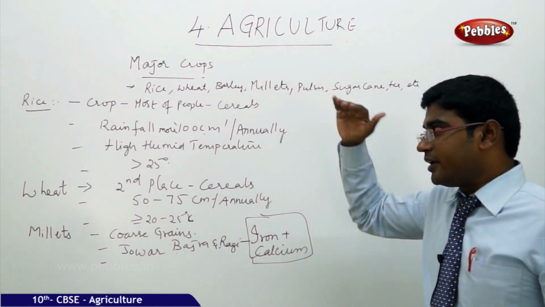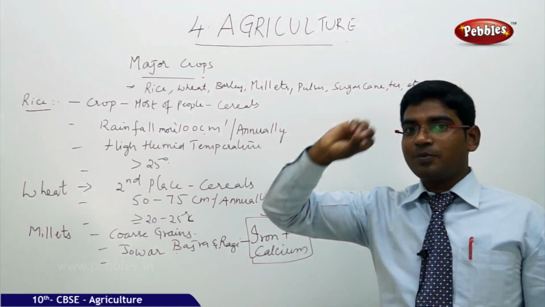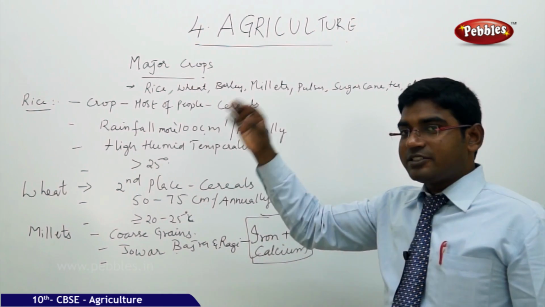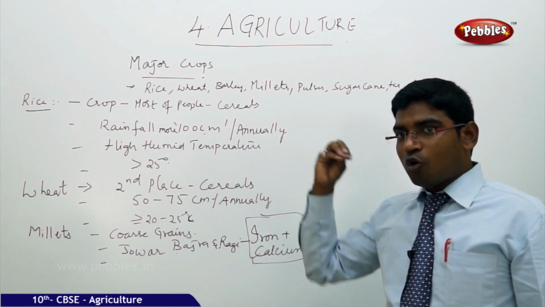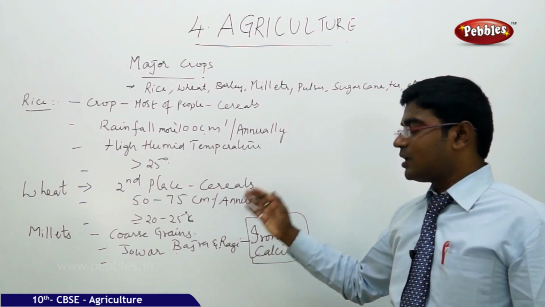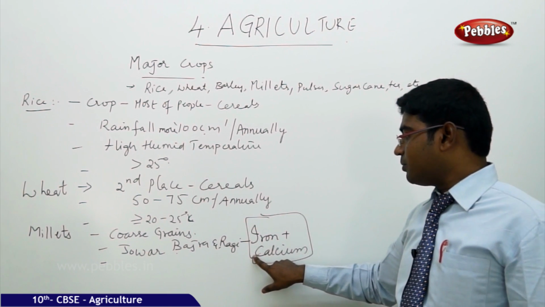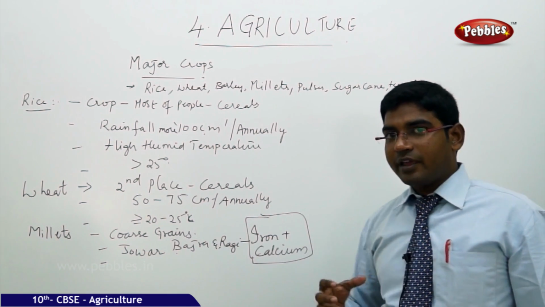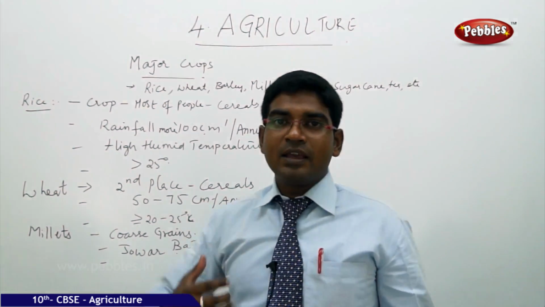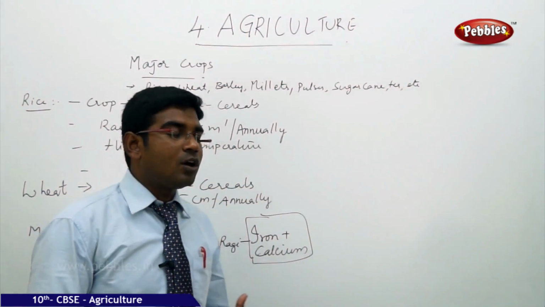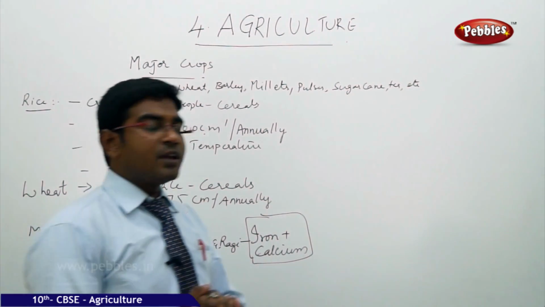So that makes people shift their food preference towards millets. We need rice because it is a staple food for most of the people in South India and a few places in North India. Wheat is a staple food in North India and a few parts of South India. Millets are coarse grains, jowar, bajra, ragi, all common, which have huge amounts of iron and calcium in their grains. This is required for all people to develop their bones, to build their strength and capacity. So they prefer to have millets in their day-to-day food habits.